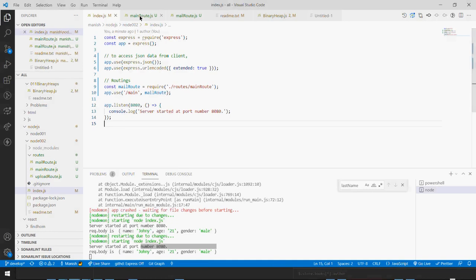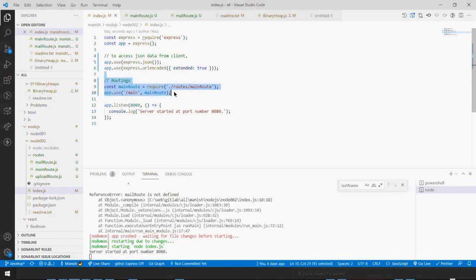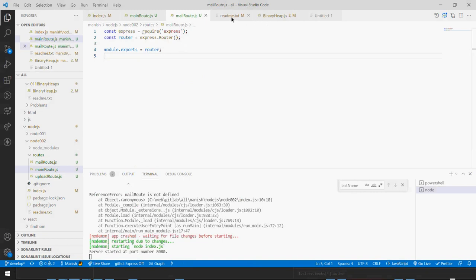So now write down, if you have this file, if you created this file, I'll give you 2 minutes. So you can move it to the main route. It should be main route, not the mail route, sorry. Okay, it should be main route. I'll give you 2 minutes to write down this part and also create mail route